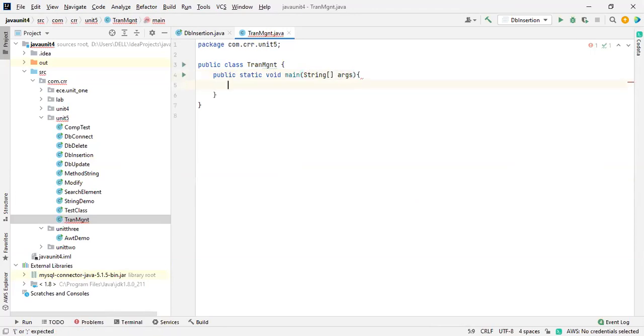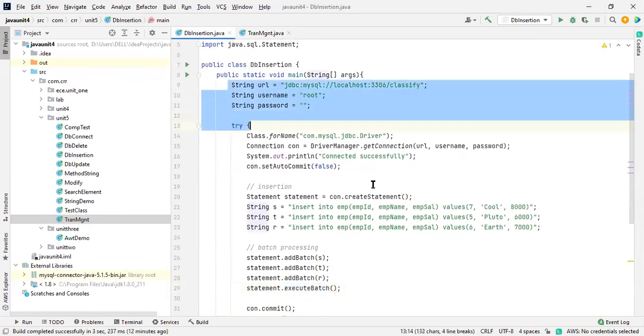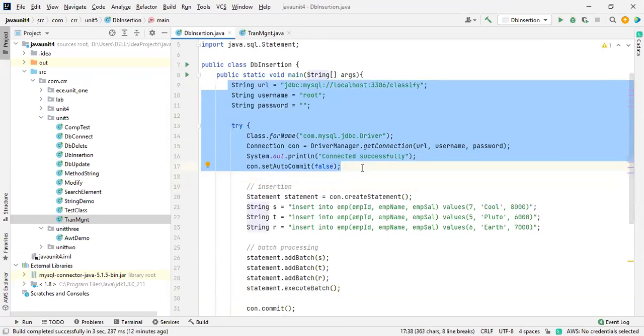Okay, I will copy the code. I need a connection, right? First of all, I'm going to copy this and this also, till here.